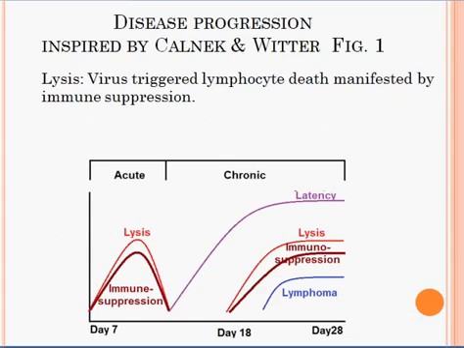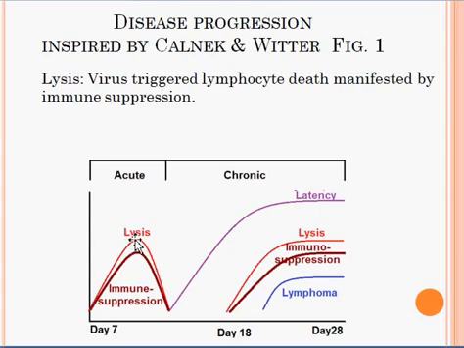I use there figure 1. It's modified drastically, but it shows the disease progression. So the disease starts on day 6 something, and then you see that there's a viremia